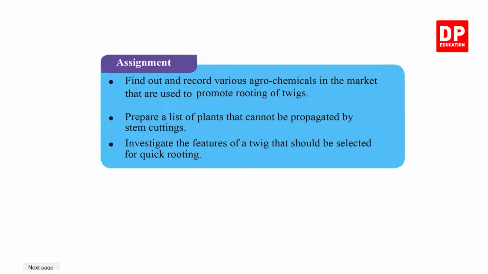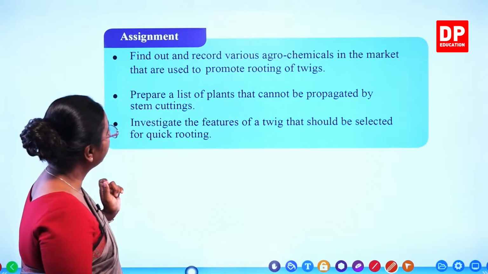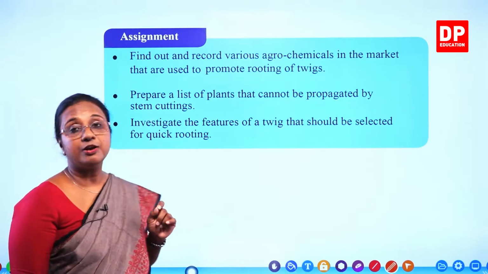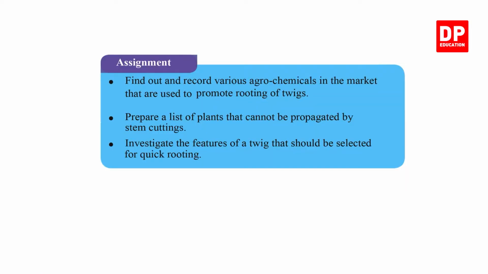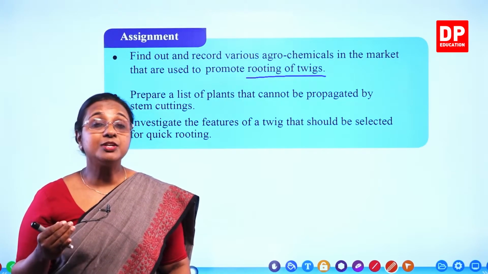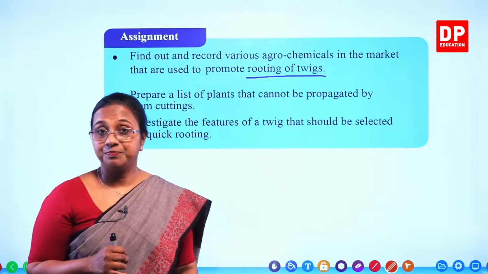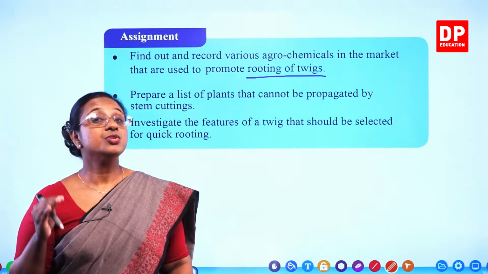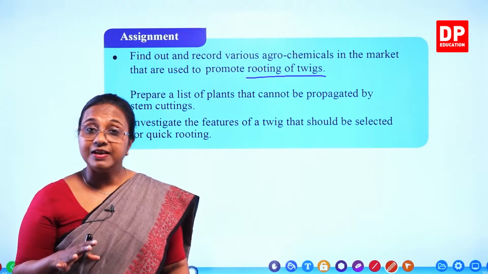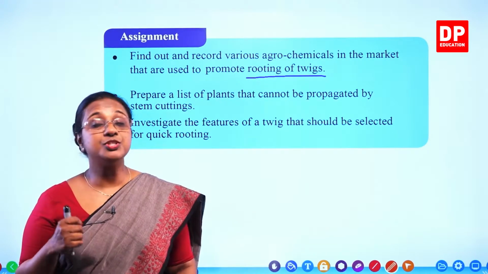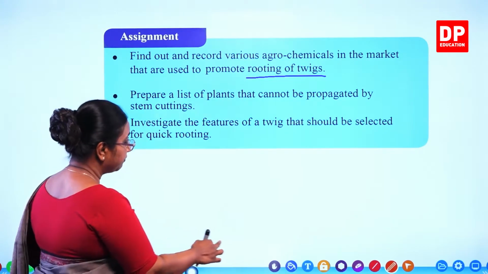With that, I will move on to the next slide. Here we have an assignment. Find out and record various agrochemicals in the market that are used to promote rooting of twigs. You are familiar with these, students, rooting of twigs. You all have studied about different types of plant growth substances in your previous grade. Can you think of some? Auxins, gibberellins, cytokinins. So, out of these, auxins are available naturally as well as they are available as artificial growth substances. Out of that, if you can remember,